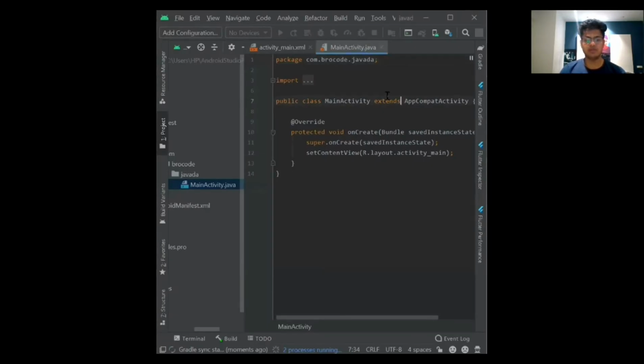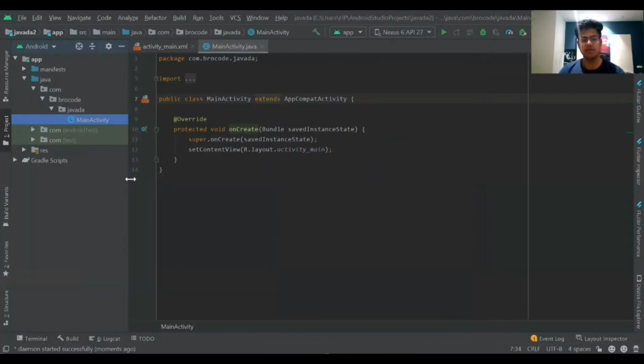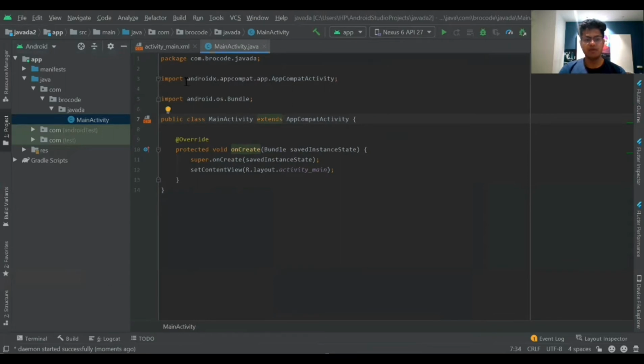But let me just maximize it. Okay, so you can see the Java IDE is opened, Android Studio. And let me brief you on the simple piece of code displayed here. These are the AndroidX components. Android Studio automatically imports some libraries that will be useful for us in developing this small login page: android.os.Bundle, and the class MainActivity. Whenever you start an Android project and just click on run, this activity is going to run. So, MainActivity.